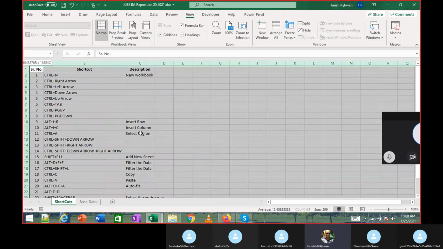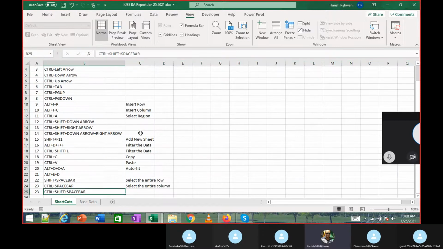Control space bar, then control shift space bar separately, then it works.